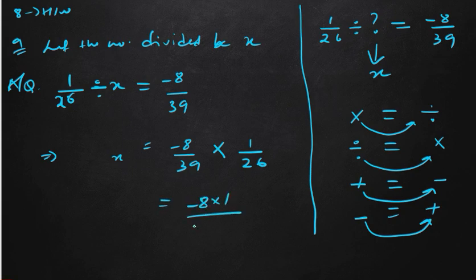Numerator into numerator and denominator into denominator. Now this will cancel out. 2 4 is 8, 2 1 is 2, 2 3 is 6. Now nothing will cancel out. So the answer will be